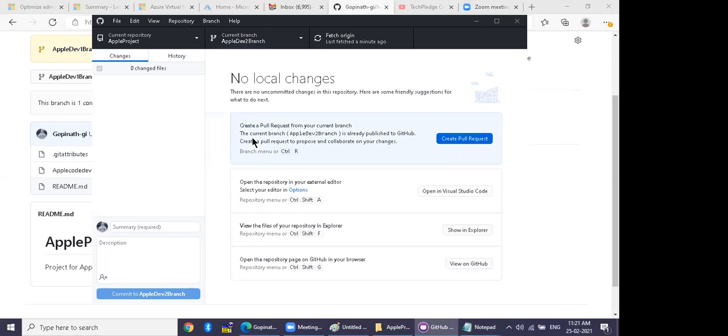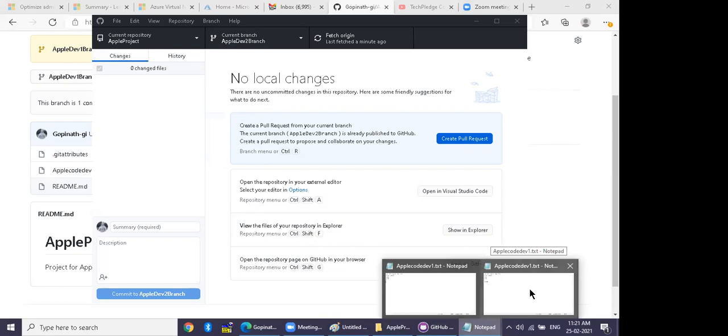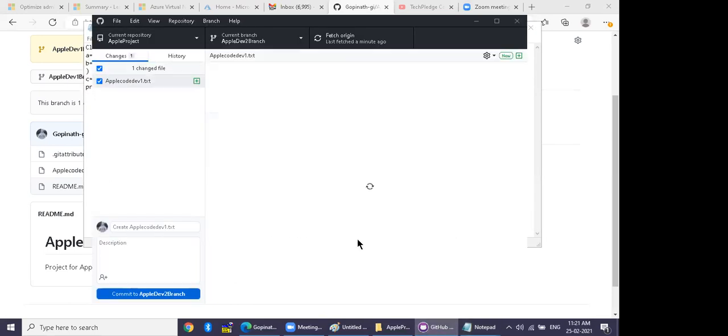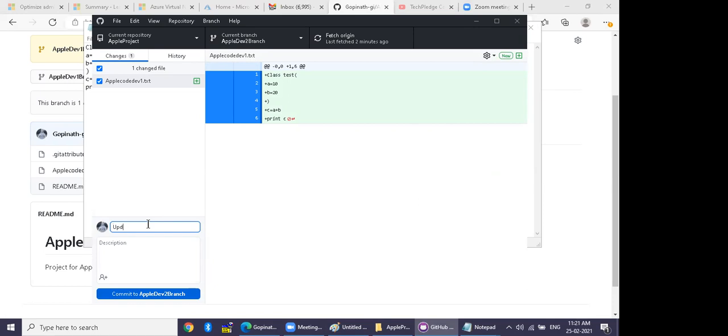Now just go and update the code. Go back to the code. By mistake, you made changes. Just press enter and print C. Save this one. Go back to your GitHub. Now go ahead and say commit. The same file, updated by developer 2.